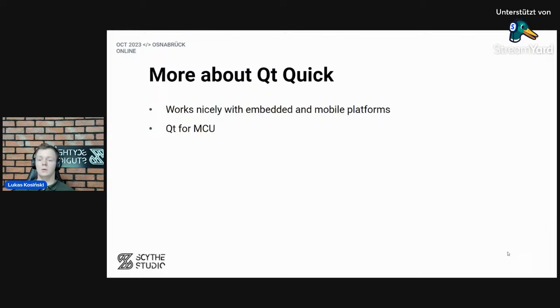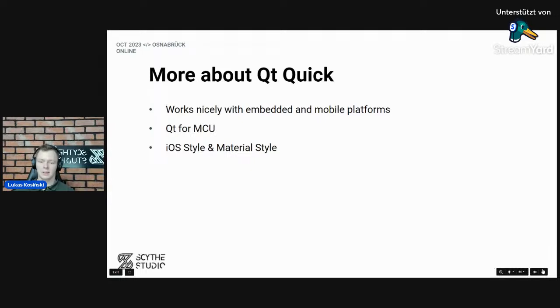You can also run Qt Quick apps on MCUs, but it's a lightweight version of Qt Quick, so that means you don't have all the graphical effects and some things are impossible, but generally for small devices with poor hardware, it's the way to go.